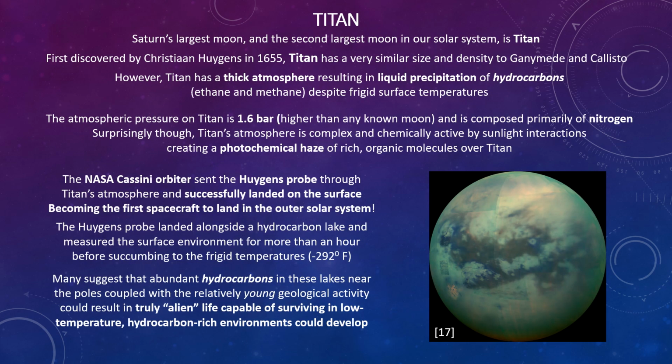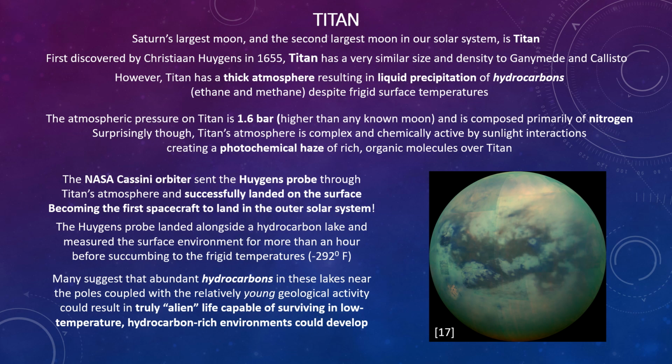So now we leave the Jupiter system behind and we arrive at Saturn to study its very interesting moon Titan. Titan is Saturn's largest moon and is the second largest moon in our solar system behind Ganymede, but larger than Callisto. And it was first discovered by Christian Huygens in 1655 and is very similar in size and density to